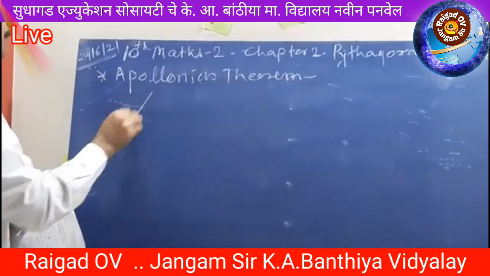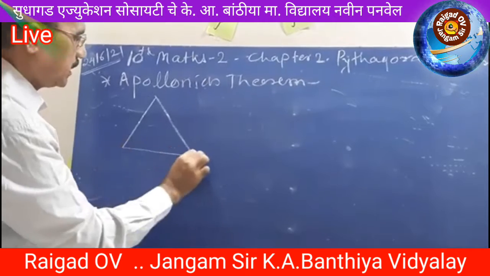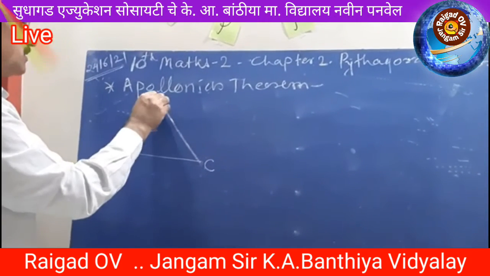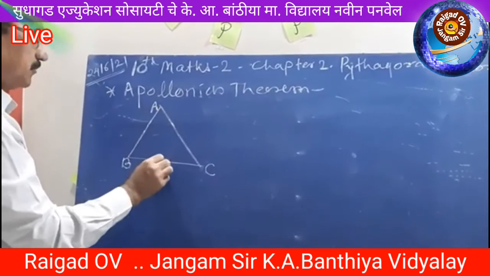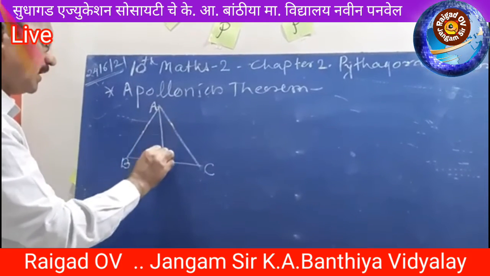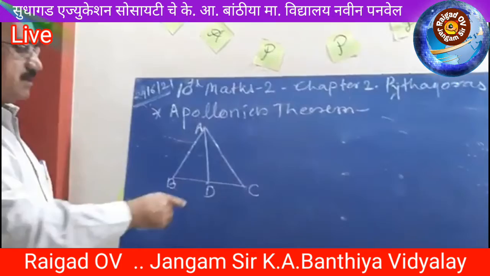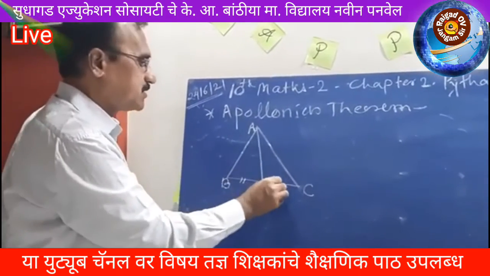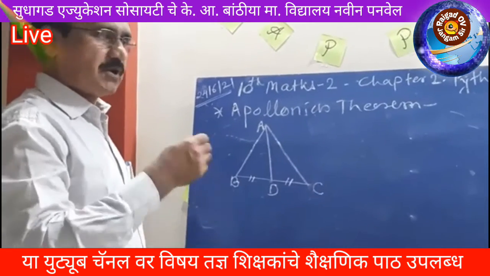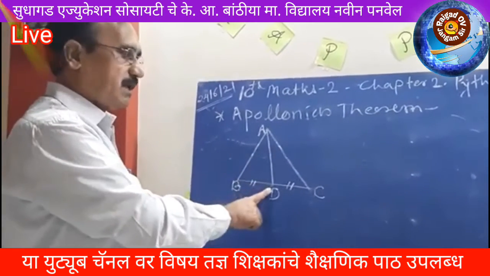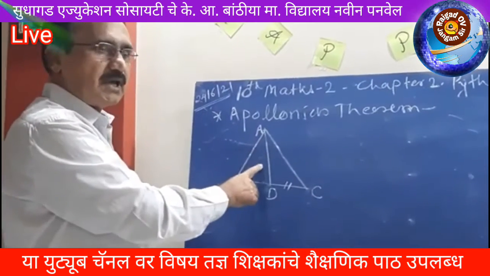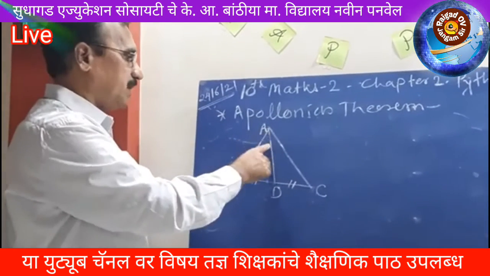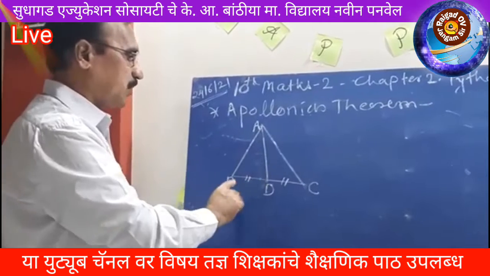Draw the figure. Triangle ABC. Here AD is a median. That means point D is the midpoint of side BC. That means BD is congruent to DC. That means in our example, if a midpoint is there or a median is there, then we can conclude there is Apollonius theorem. Here we can write if and only if AD is a median or D is the midpoint of side BC,